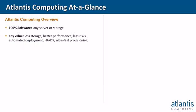So we'll make this brief, but just real quickly, first and foremost, Atlantis Computing delivers products that are 100% software. And this principally drives the ability to work with really any server architecture, any storage infrastructure, any hypervisor, and work in a data center to provide really the key value, which is really being able to use less storage or perhaps getting more out of the existing storage you have, serving up better performance to applications that are running in the virtual environment, be they desktop applications or in this case with Atlantis ILIO USX, server-oriented, data-oriented, these type applications at the server level. And doing so while providing really a lot fewer risks